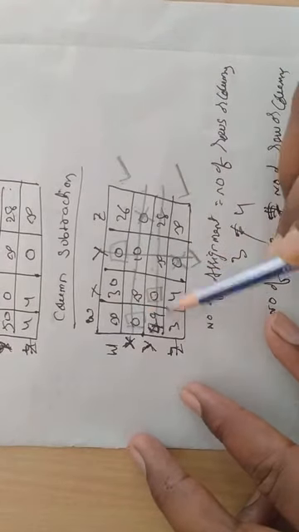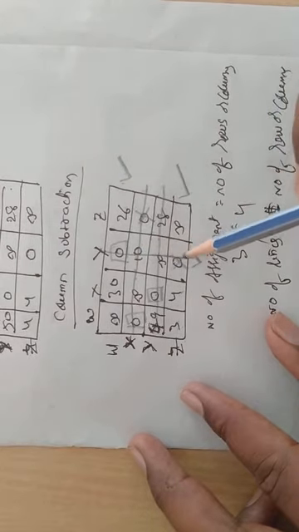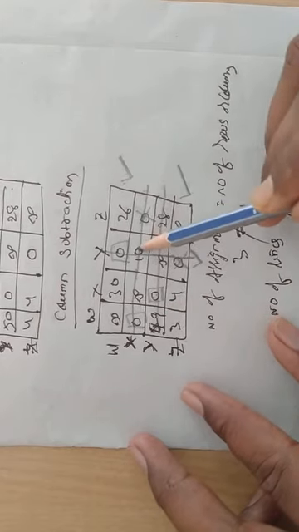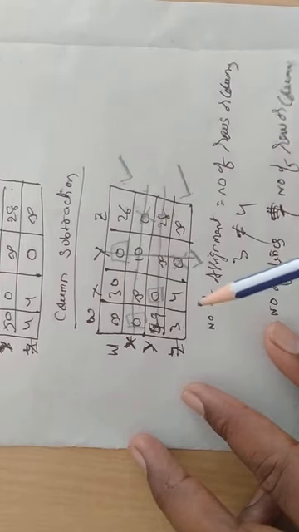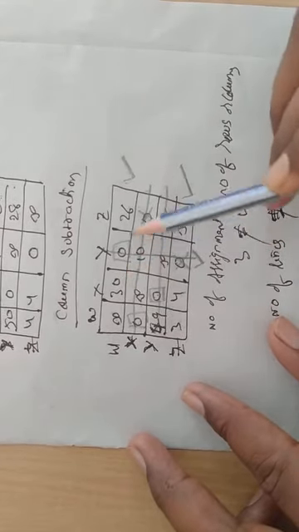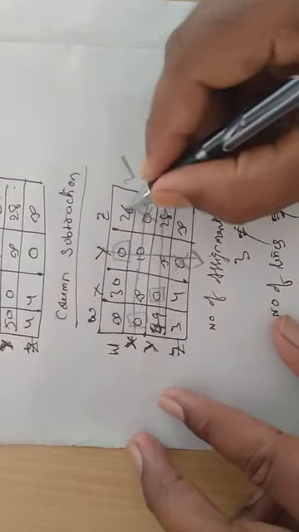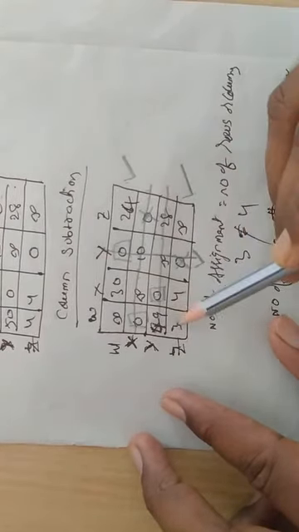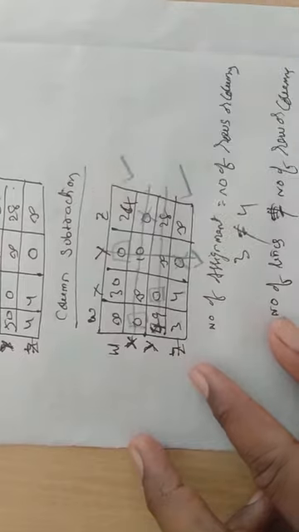Here also, wherever two lines are meeting, 10 plus 3 is 13. Here also there is one more place where two lines meet. 30, 26, 3 and 4 are not covered by any line, so we have to deduct from these. 30 minus 3 is 27, 26 minus 3 is 23. Here 24 is there, so 24 minus 3 is 21. 3 minus 3 is 0, 4 minus 3 is 1. Don't touch the elements which are covered by the lines.